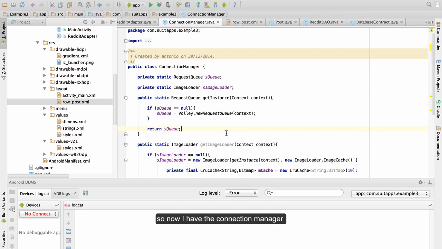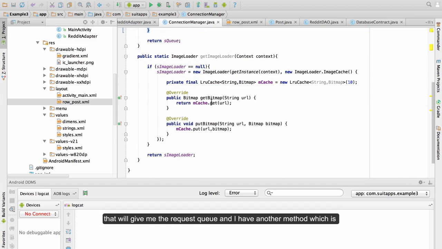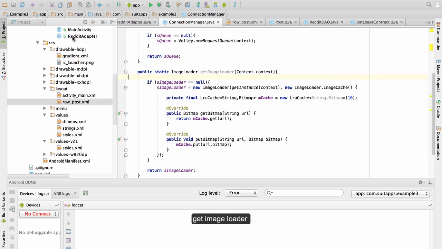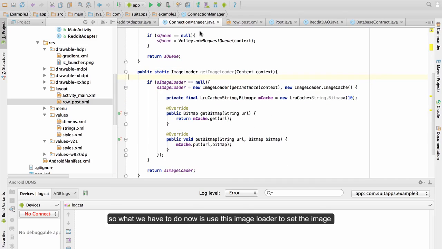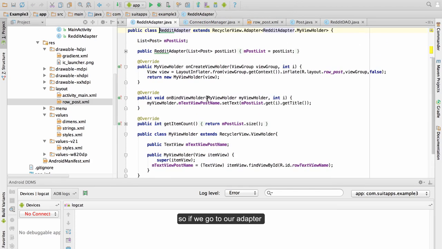So now I have the connection manager. I have one method which is get request queue, get instance, that will give me the request queue, and I have another method which is get image loader. So what we have to do now is use this image loader to set the image. So if we go to our adapter,